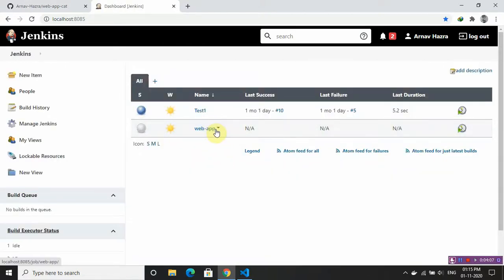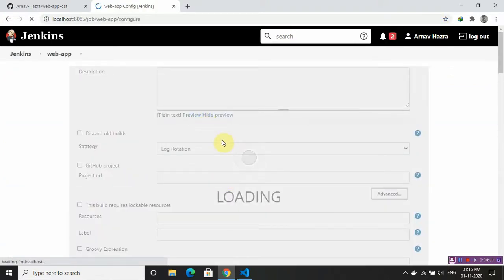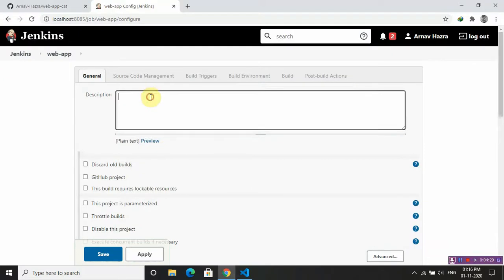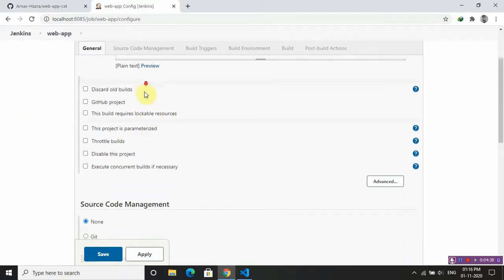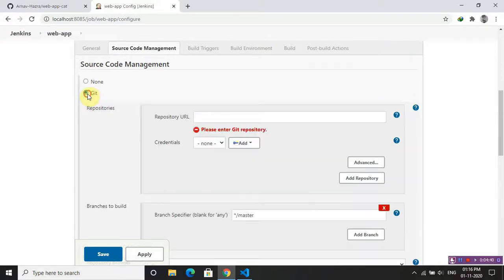So this is our web app. We go to configure project, then in description we can write anything, and in source code management we will be using GitHub as our source code.